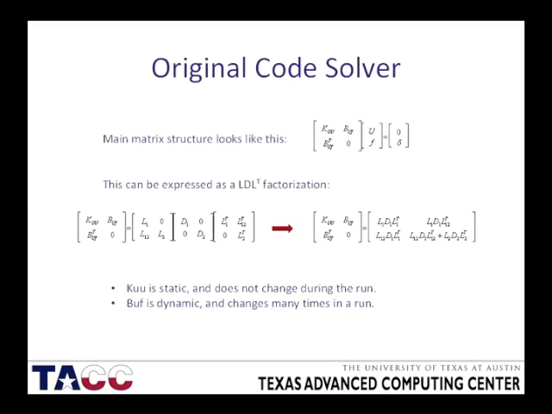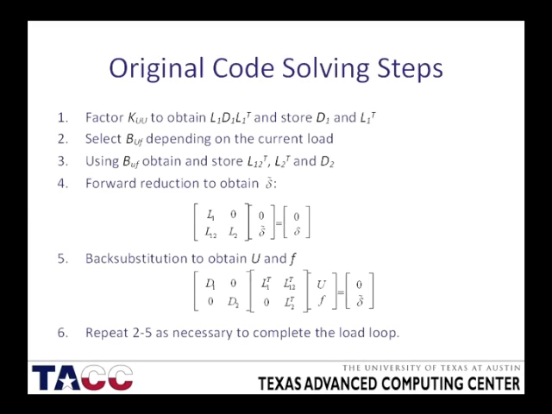So you can essentially express these as an LDL factorization, and you can see the steps that they follow to solve that in this next slide. Essentially, they will factor K, obtain LDL, and store it. Then for every load, they will assemble BUF, and using it, they will obtain L12, L2, and D2. They will do a forward reduction to obtain an intermediate value, delta tilde, and then a back substitution to find U and F. And then they will repeat these as many times as necessary to complete the number of loads